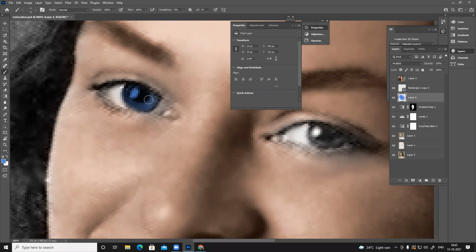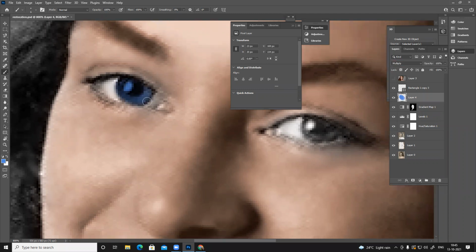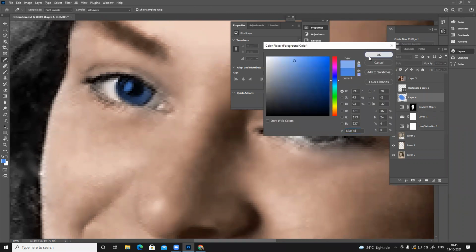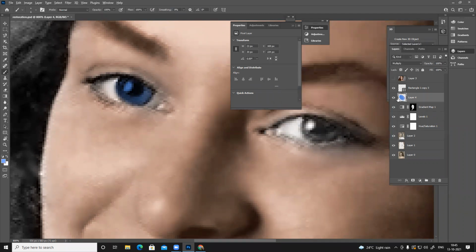I can change it. Now I can see my color looks quite dark, so what I can do is make it lighter. And now I want to change this color with this color. Either I can lock it and press Control Delete, or I can unlock it and press Alt Delete, or you can press Alt Shift Delete without locking.